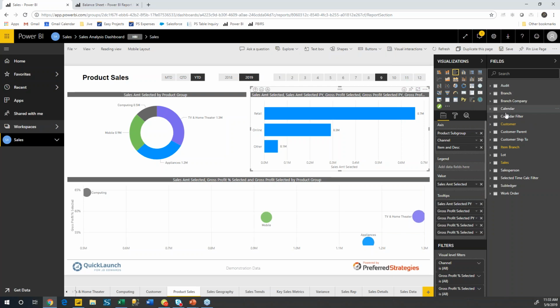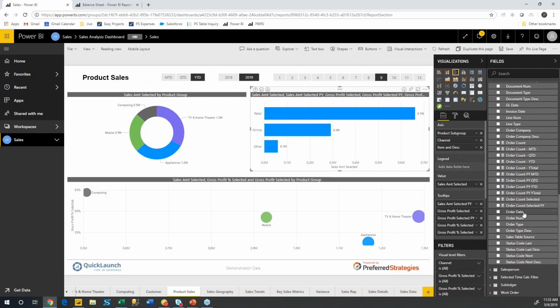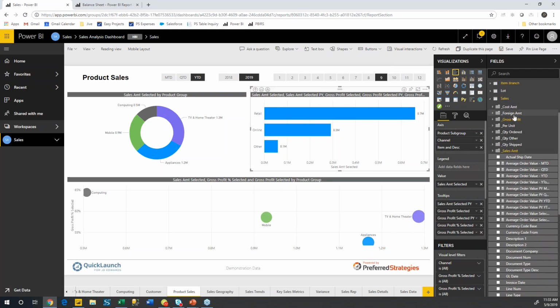So we've got these different dimensions. And around sales, we've got branch company, our calendar. We've got the customer sold to, parent, shipped to, item, branch, lot, sales, and then under sales, we've got not only a bunch of fields here for order dates and order numbers and so on, but we've also got these pre-canned measures. So sales amount,